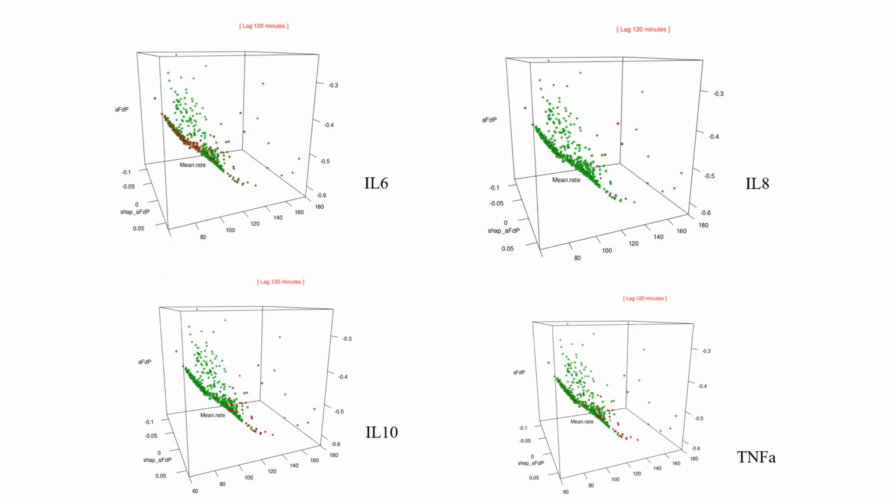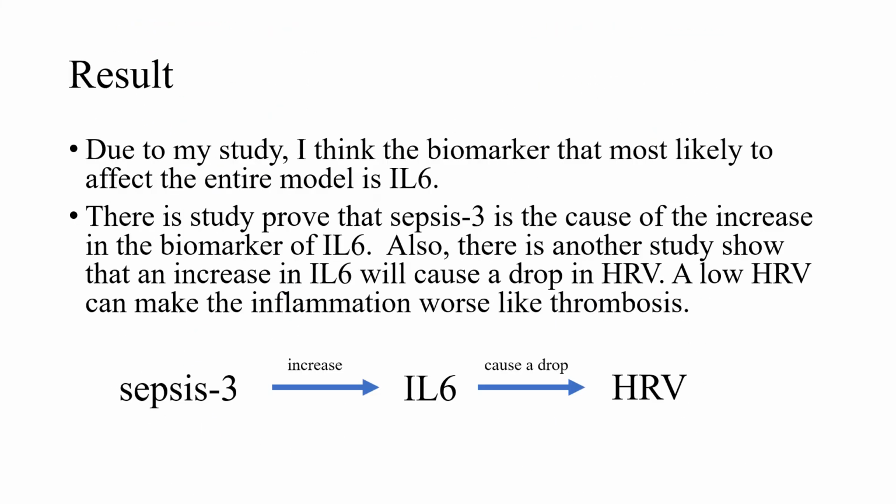So based on this picture, I think the biomarker that is most likely to affect the entire model is IL-6. And their study proved that sepsis 3 is the case of increased biomarker of IL-6. Also, another study showed that the increase of IL-6 will cause a drop of HRV. A low HRV can make inflammation even worse. So it's the timeline. So I think IL-6 is